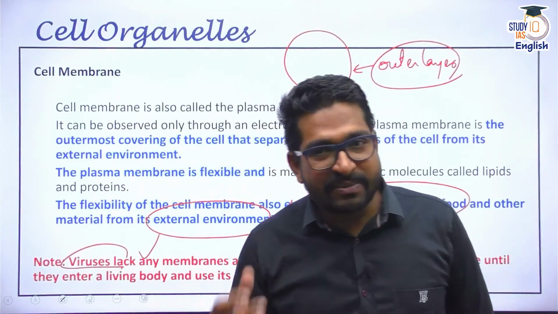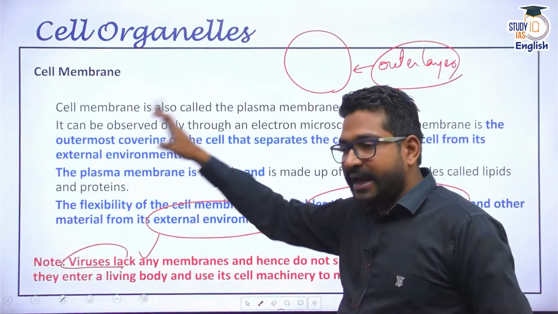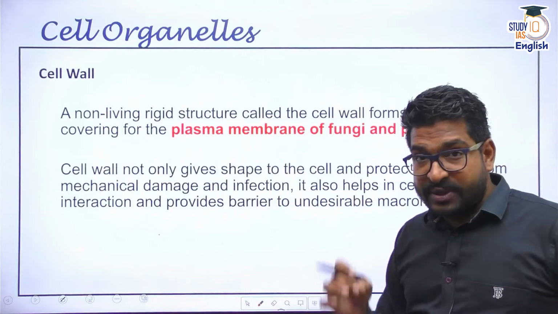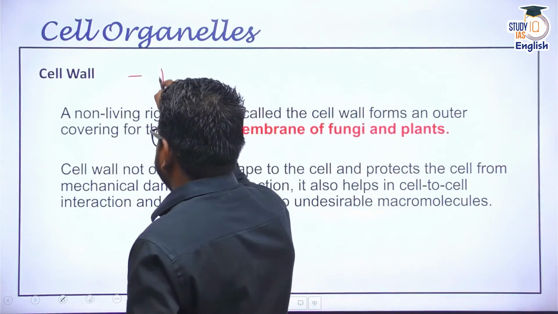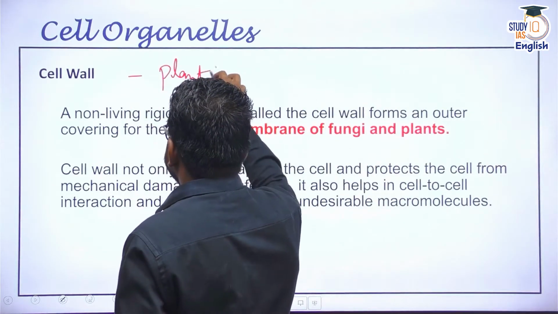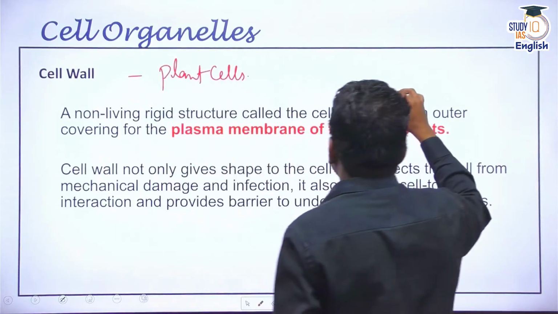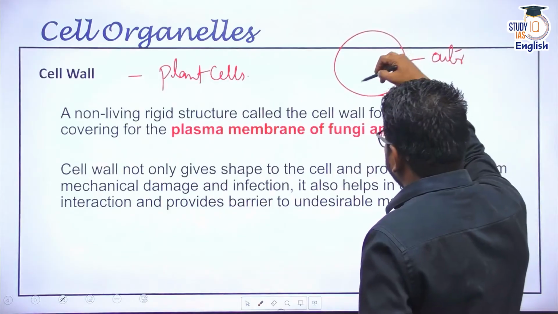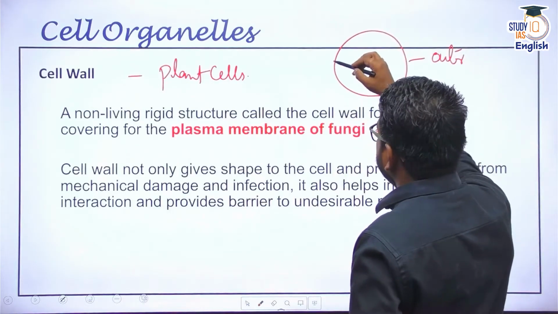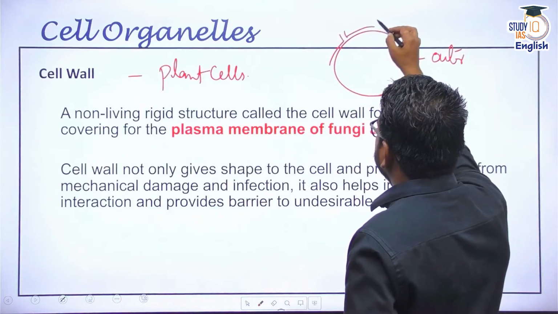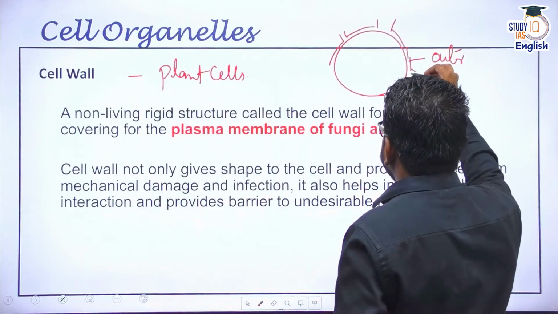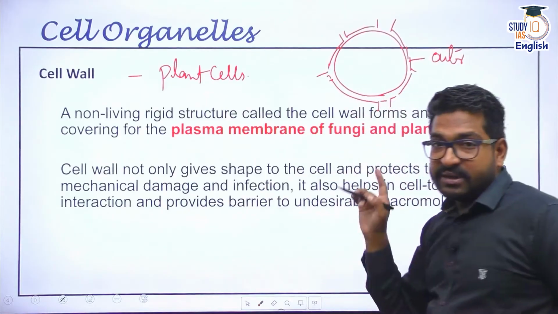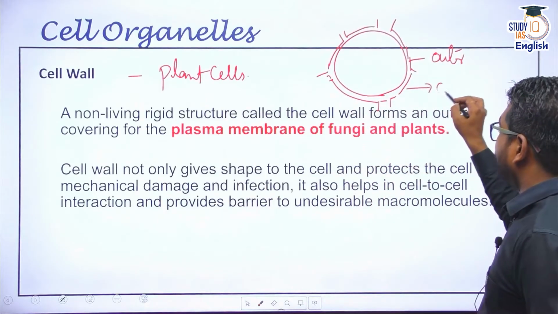All right. So cell membrane is present both in plant cell as well as animal cell. It's the outer layer. Many cells, especially plant cells, have cell wall as well. I told you, if there is a cell, this is the outer layer. Outer layer is a cell membrane. Beyond this outer layer of cell membrane, there is another cell wall which is thick. This cell wall is mostly present in plant cells. Okay, this is the cell wall.